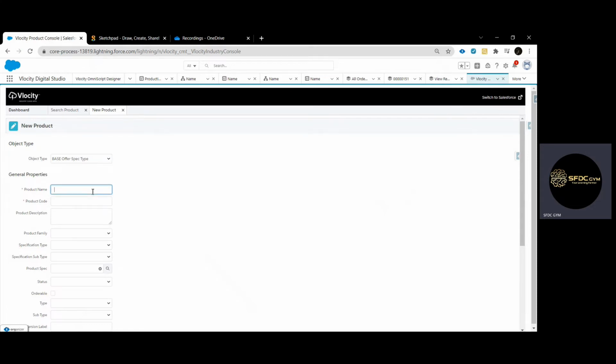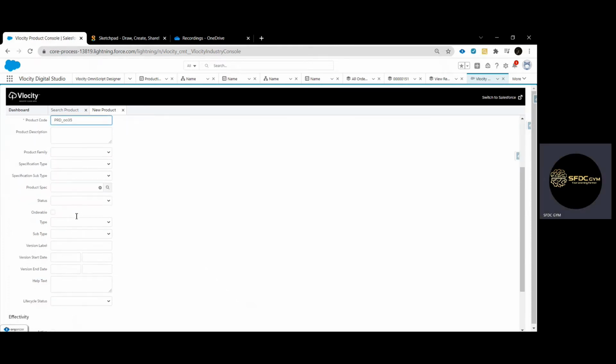And for the product name, you can enter iPhone plus Disney plus 4G data. Here you can give a PRD, any name. The description I'm leaving blank.